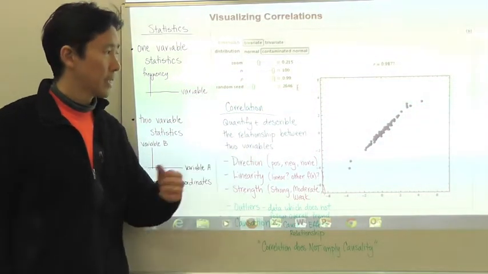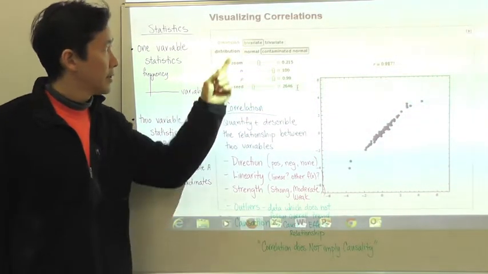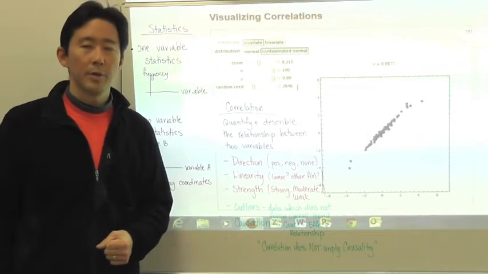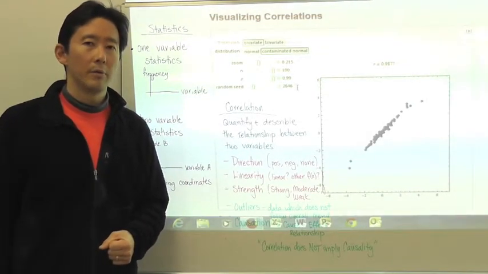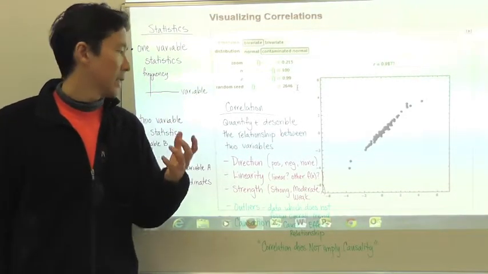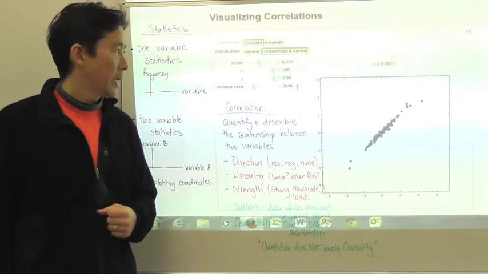So, play with this visualizing correlation Wolfram demonstration, and hopefully that will give you a good, visual sense of how we can describe the